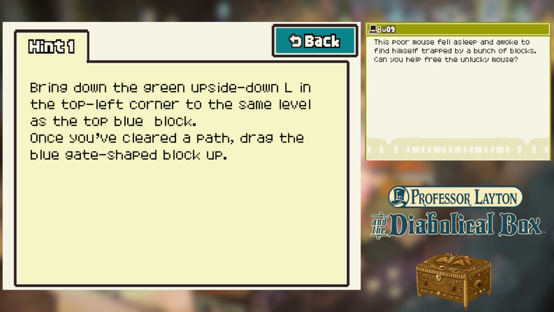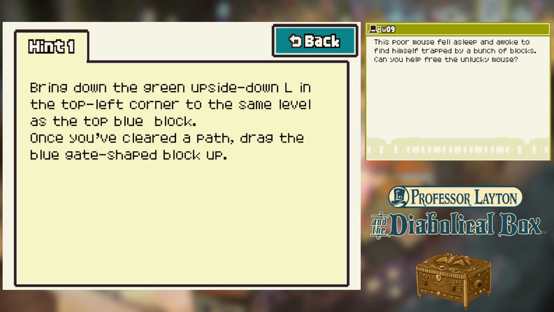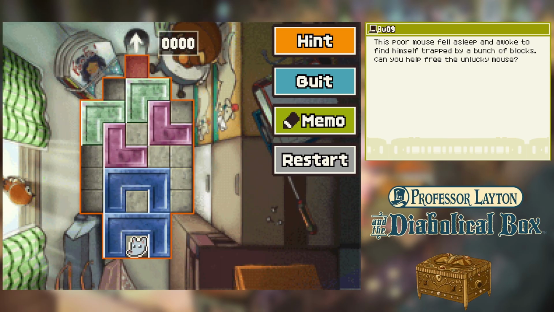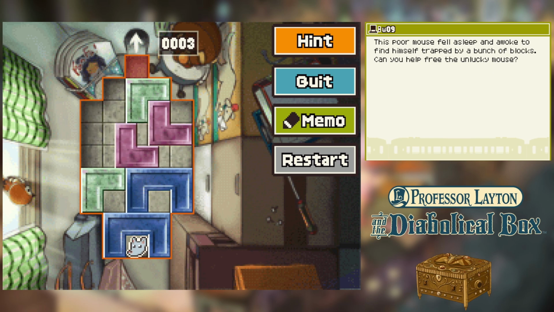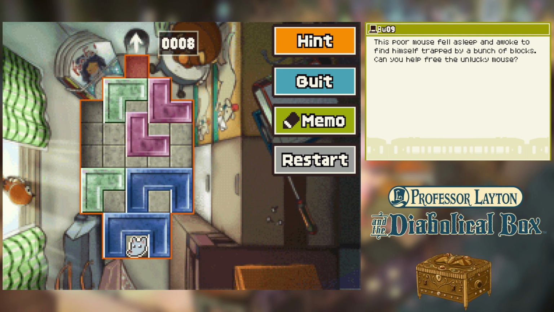Bring down the green upside down L in the top left corner to the same level as the top blue block. Once you've cleared a path, drag the blue gate-shaped block up. Bring down the green upside down L. Which one? There's two of them. The top left corner, sorry. And then do what now? To the same level as the top blue block. To the same level? Well, obviously not now, but...